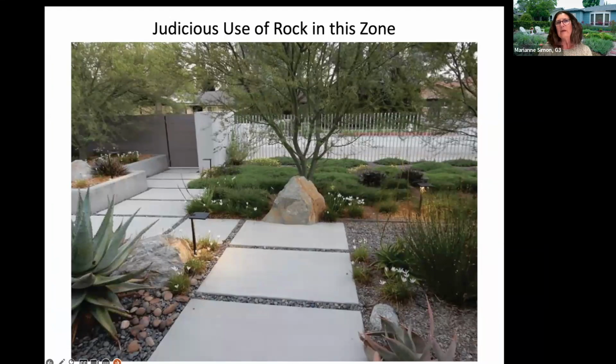So we use judicious because there are too many homes out there where they have taken out the plants in an effort to conserve water, and they have put down gravel, or they have put down decomposed granite. And so as much as it is a non-combustible material, we don't want to get carried away, because when there's that much gravel, especially under the plants, it actually affects the health of your soil, which means it ultimately affects the health of your plants, which makes them less resilient to the landscape.